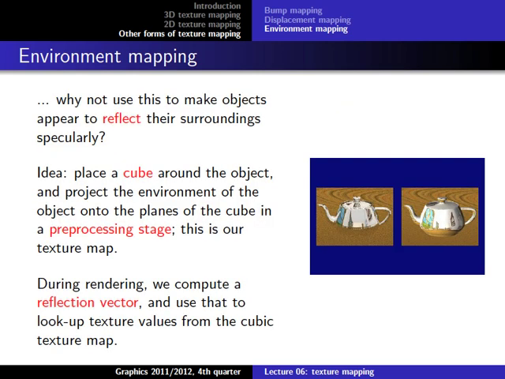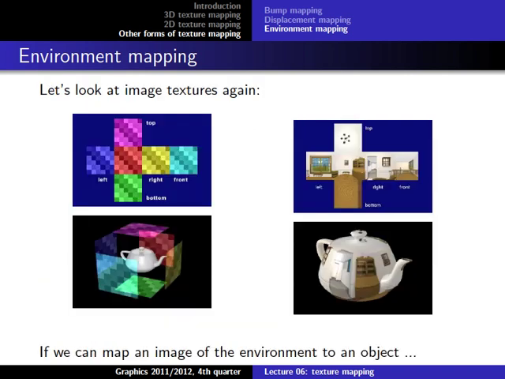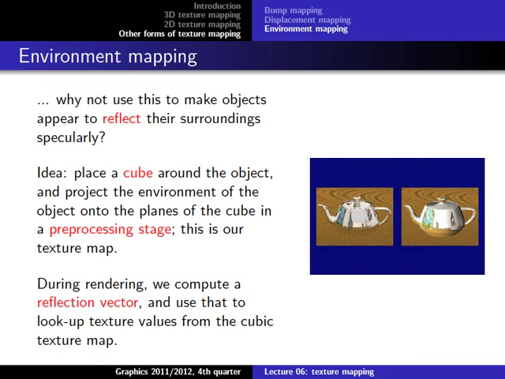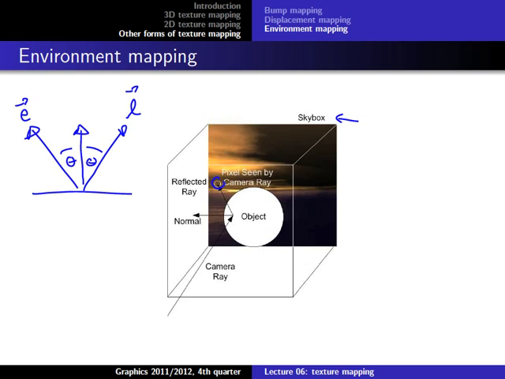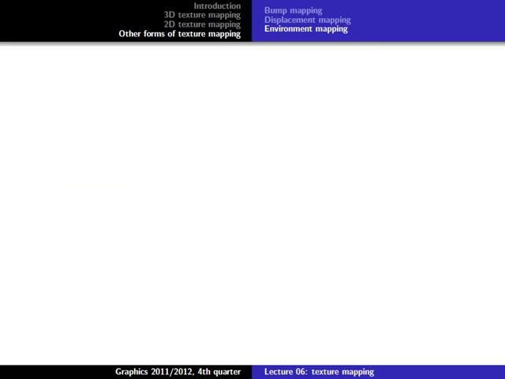And if we want to create such a reflection on our object, we just draw the color value from that reflection here on the object. So you see here how we can use texture mapping to create these reflections, not by putting the texture on the object, but by putting it around the object, and then creating the relation between the object by looking at where would the perfect reflection come from, and then use the texture value to create that reflection here in the object. Good. So yeah, like I said, this is just a general overview